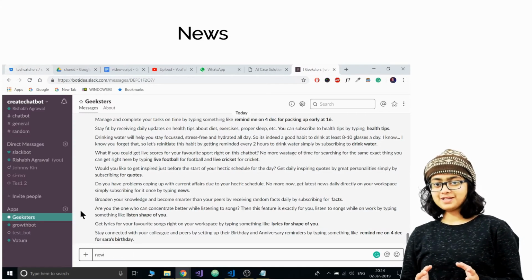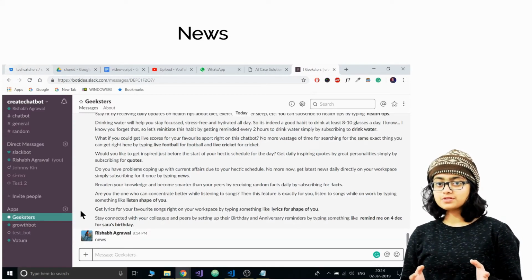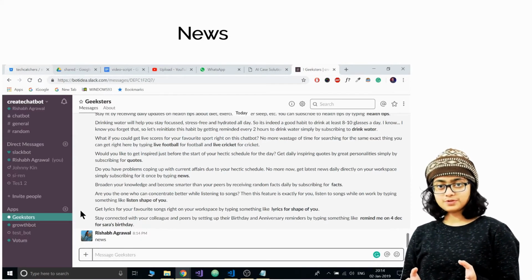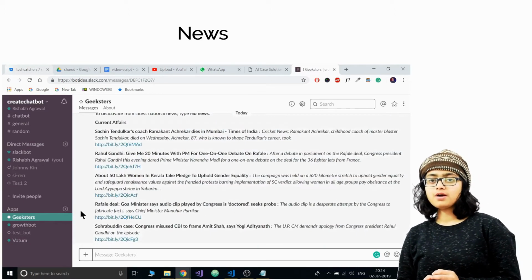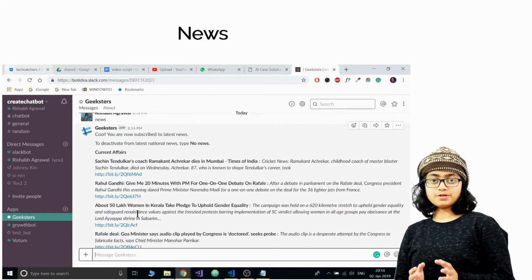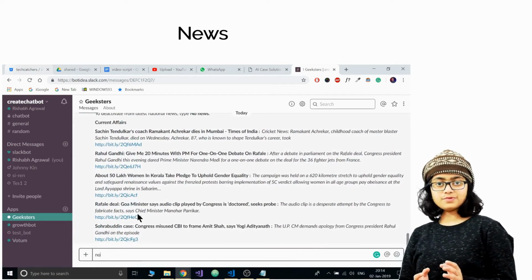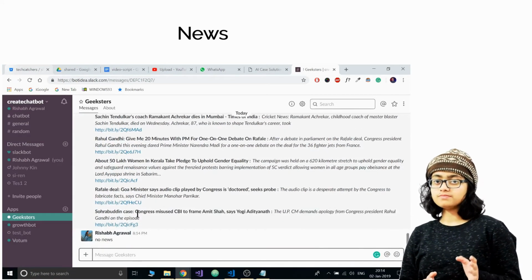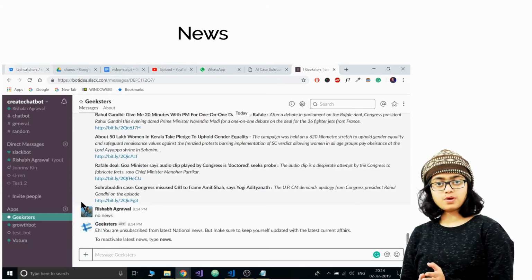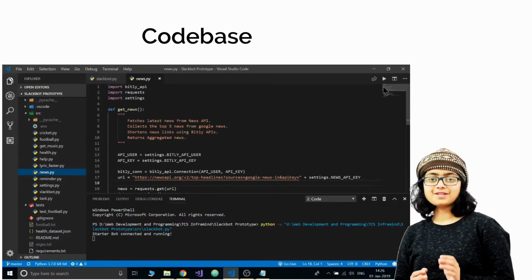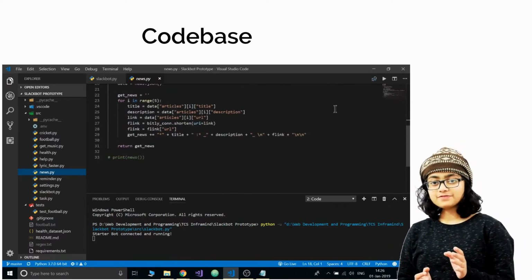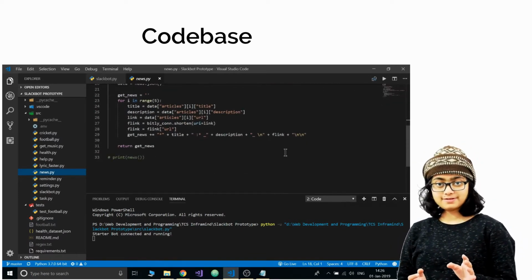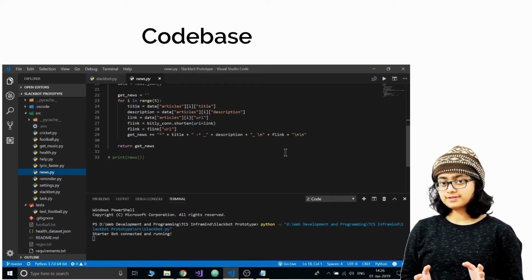Users will be updated about current affairs and breaking news daily so that they can be up to date about the current happenings. Now let's see how it works. When the users subscribe for news, the news column in the users table gets updated from 0 to 1 to subscribe the user. The notifications are sent twice at 9:25 a.m. and 5:25 p.m. every day to all the subscribed users.